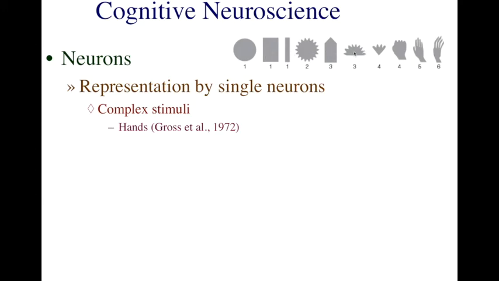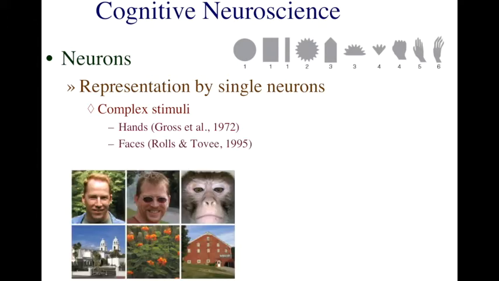As you moved further up and started to develop images that became more hand-like, they found cells that would fire more and more rapidly, particularly for the last two, 5 and 6. Here there was maximal responding of these cells. It was as though these cells were specifically tuned to recognize hands. They found similar cells that were